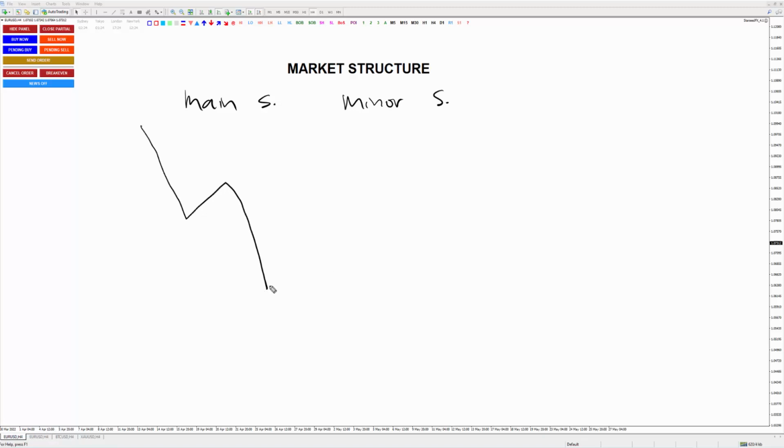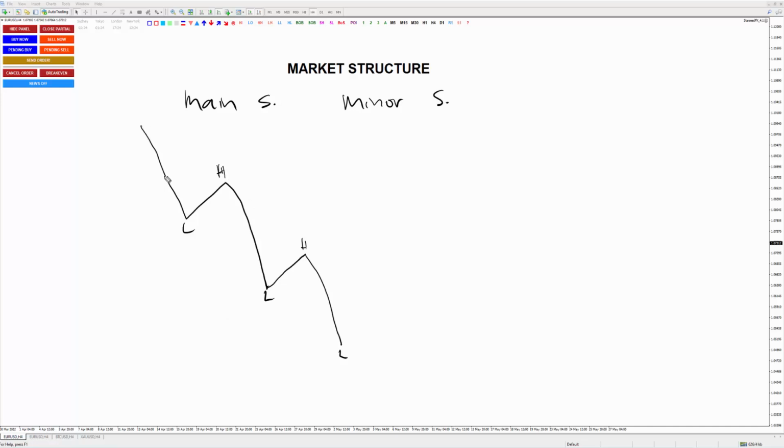You just want to see a clear swing high, swing low, a clear leg, a clear move between the lows and the highs. So let's say consider this as the main structure, the clearest movement by your eyes between the highs and the lows. And bear in mind, when it comes to highs and lows, sometimes it can be very subjective, and I'm going to show it to you later. So right now let's just focus.